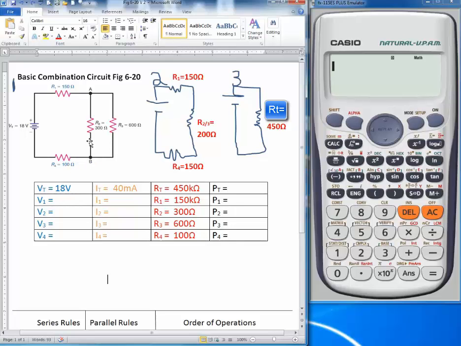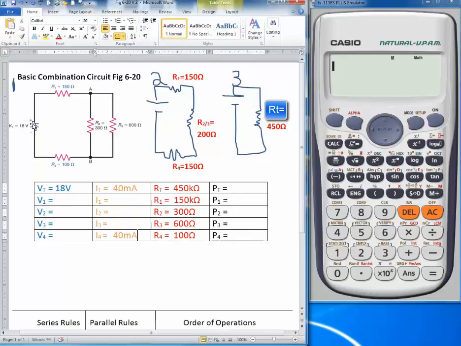When it gets to point B, the current will divide. But this tells me that my I4, which corresponds to R4, must also be 40 milliamps because R4 is on the main branch. So this would also be 40 milliamps. Current's going to split. Some's going to go up this branch through R2. Some's going to go up this branch through R3. But it's all going to come back together at point A, and all of it has to flow through R1